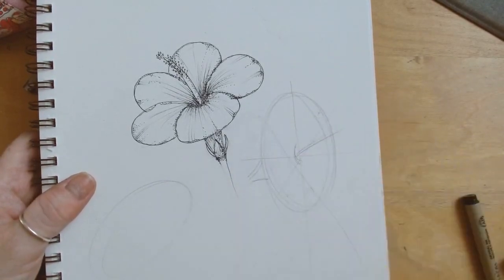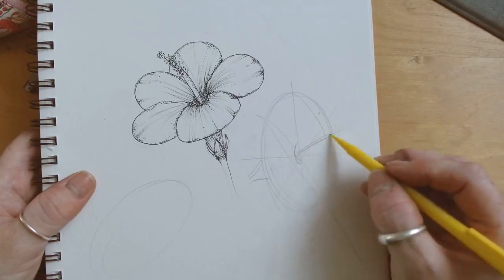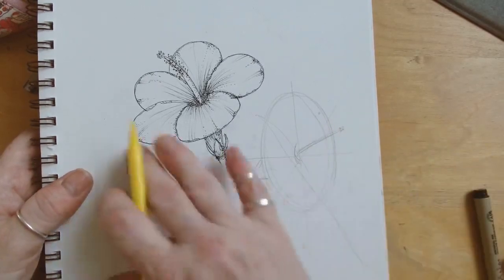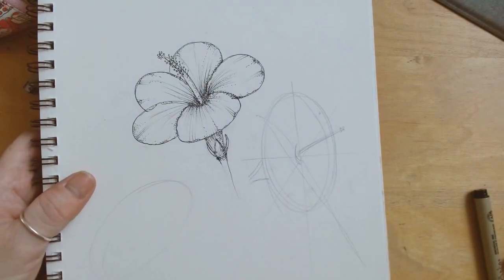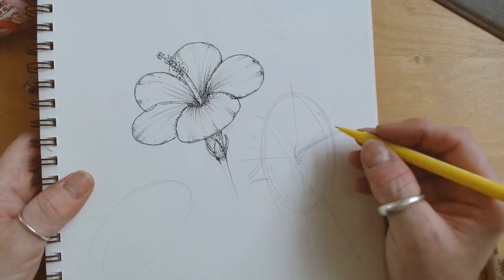So let's get our petals in. What I've done is I've done an ellipse this way. I've drawn our mainstay on with our bobbles on, so we're not going to be worried about going over lines or anything. And then what I'm going to do is put some wavier lines on this one